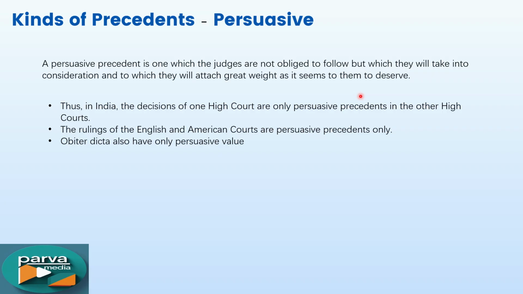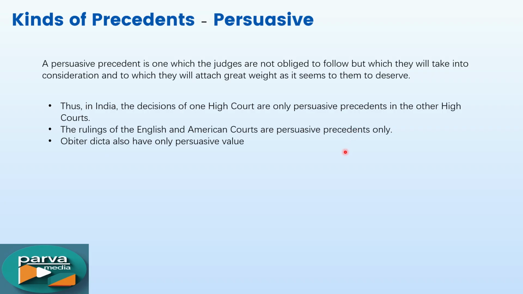but it is completely discretionary, or he can use a certain portion of the previous judgment. Okay, persuasive means it is not fully binding on them, it is at the discretion of the judge. Whether he wants to apply it, he can apply it, otherwise he can ignore it. These precedents serve as intellectual guidance rather than binding authority. So it is not mandatory for a judge to use, but it gives intellectual guidance.